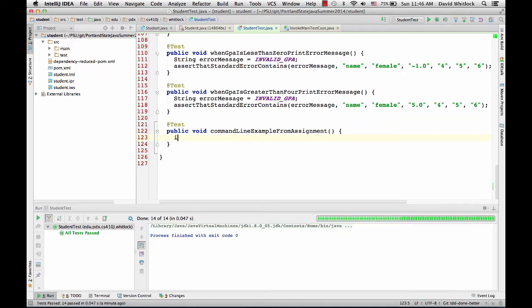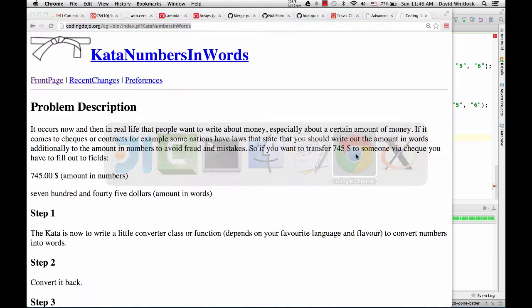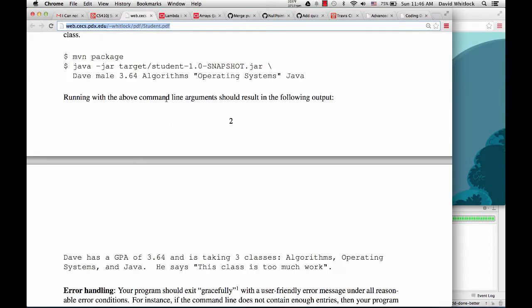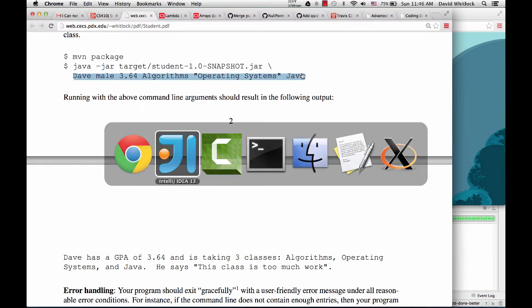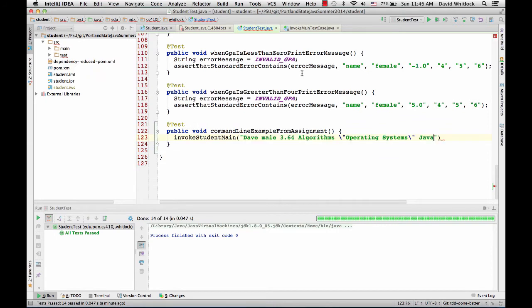So when I invoke student main with, let me go find the assignment again. Is this it? Yes. Okay. With these command line arguments. Let's see here. This was varargs, right? Yeah. Oops, we're missing comments here. So when I've done all this typing,